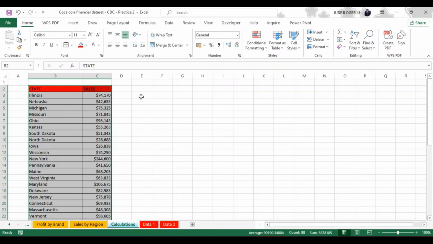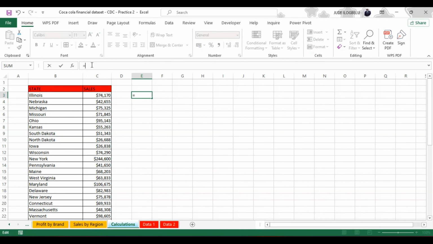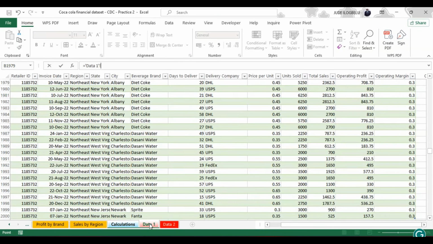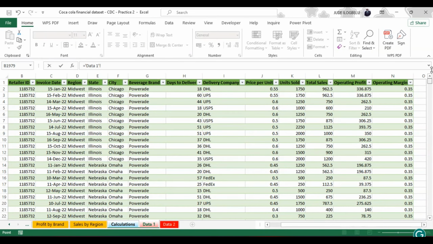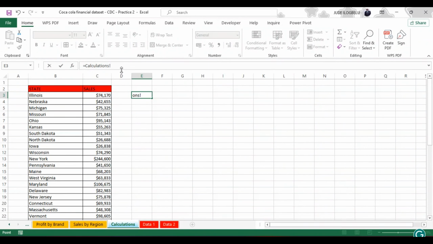So for us to do this, just use the same idea of what we just did before. So you now go ahead and click on here and put equal to, then you go to your data. First of all, what do we want to do here? We want to